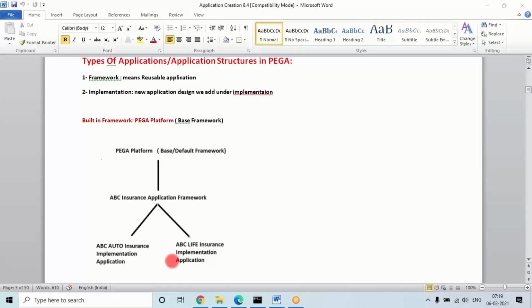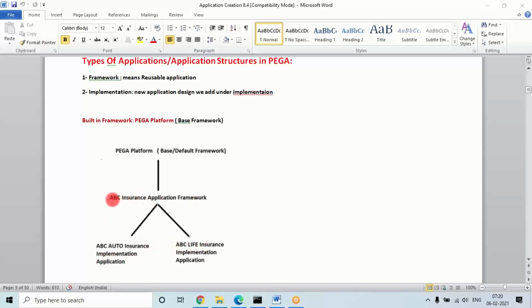I'll be explaining some classes and inheritance types, and at that time I'll discuss some more points so you can understand that. Because framework means reusable application, as I said. Pega already has one reusable application, because all the built-in templates are configured under the base framework. That's why we are able to reuse them. Similarly, when you create any user-defined data or designs in the application, if you want to reuse them in all the divisions, then a framework is compulsory. If a framework is not there, maximum one implementation only I can define. I cannot add multiple implementation applications.